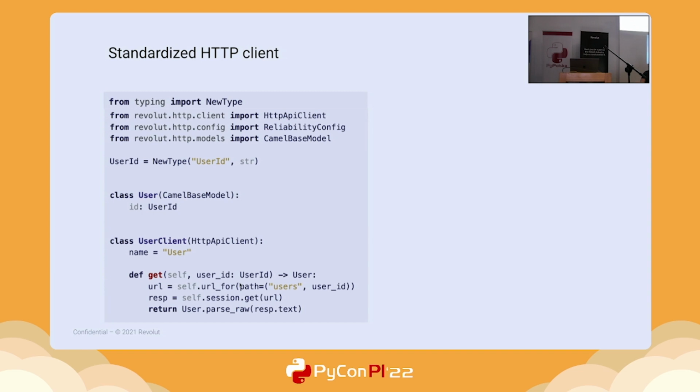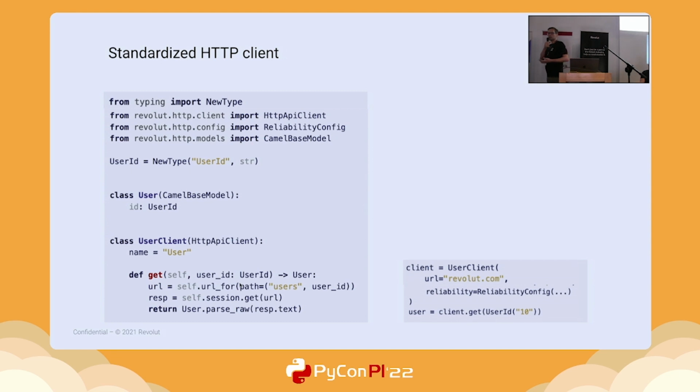Secondly, we use MyPy to statically check the code to make sure that it is somehow close to Java and its biggest advantages. Java is statically typed, and static typing has lots of benefits, allows detecting bugs early, and we also use this approach simply to facilitate writing bug-free code. So from the business perspective, just to sum up, the crucial thing here is just to write the business logic.